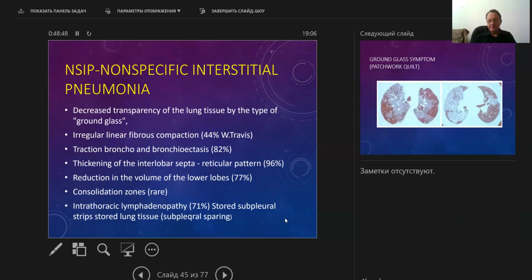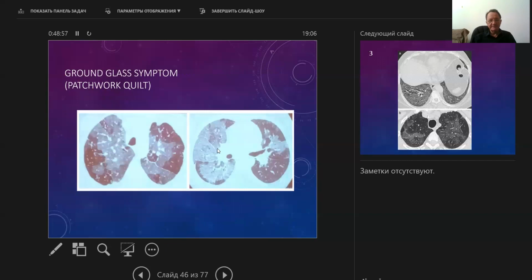Also subpleural strips of normal lung tissue, so-called subpleural sparing. In this slide you can see a patchwork quilt distribution of ground glass opacity. You can see the subpleural